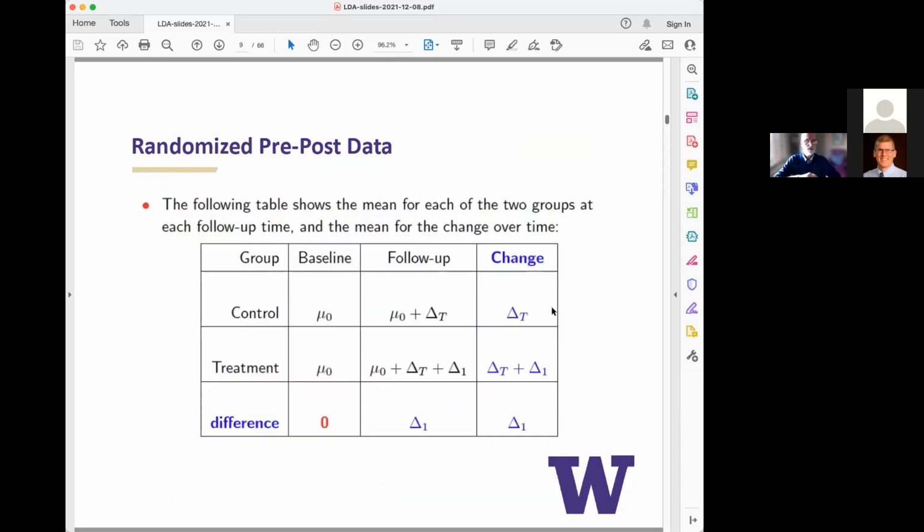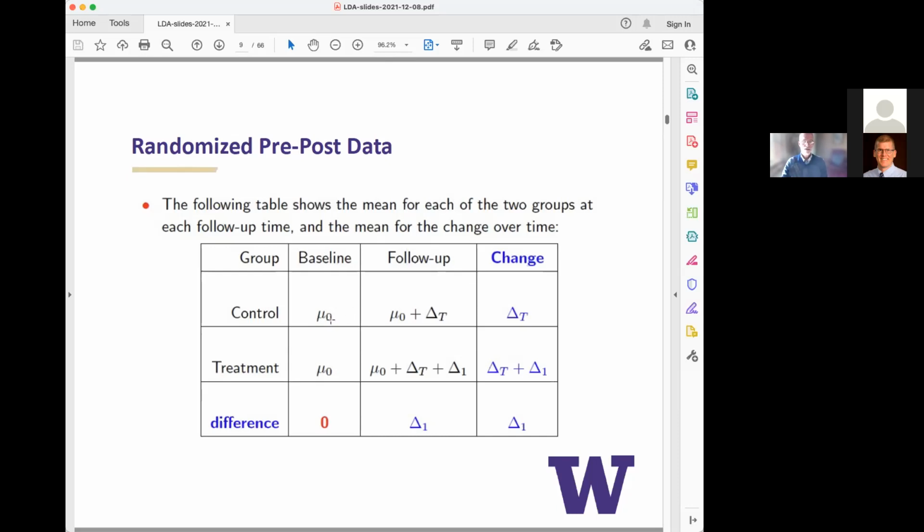So let me give you this very simple table that I think shows the thinking with basic pre-post quantitative data. And I'll focus on quantitative outcomes and linear models for this talk. What we can say in terms of parameters, what we know underlies the data, is there's a control group and a treatment group. And because it's randomized, those two groups have the exact same underlying parameter at baseline. In fact, randomization happens after baseline, so it has to be independent if it's done independent of everything.